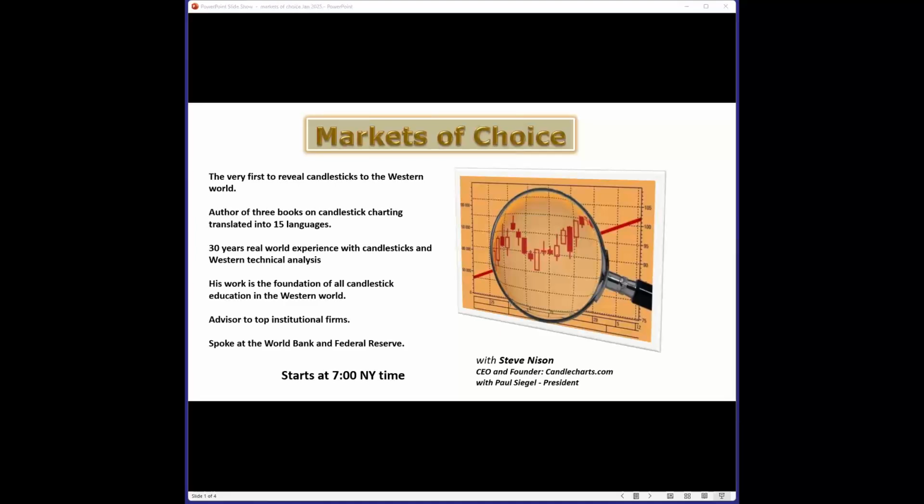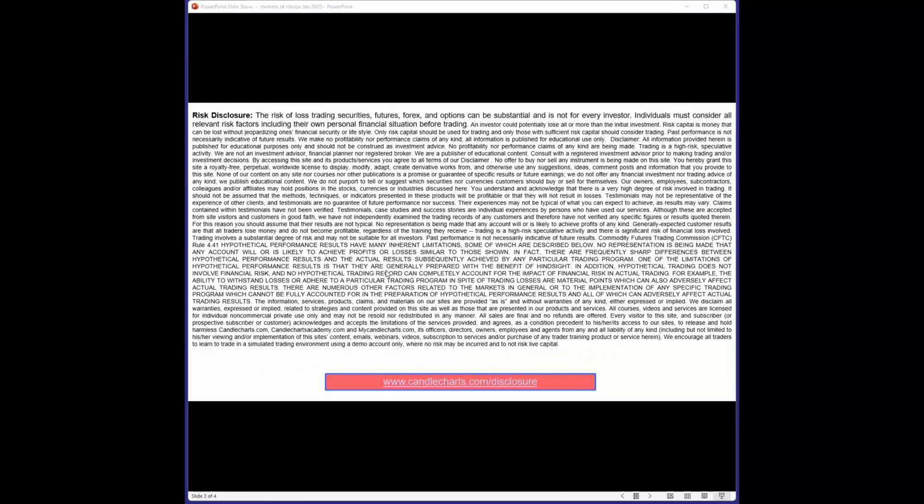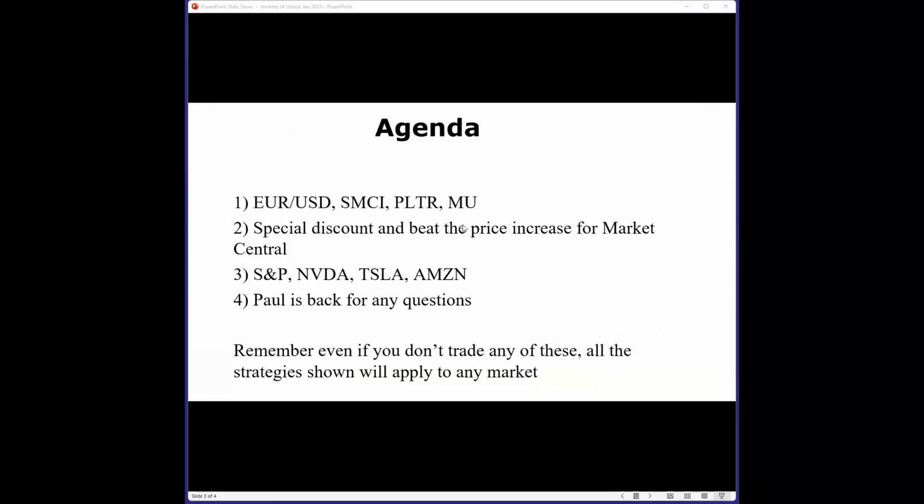And this just reflects the universality of candlesticks because they can be used in all markets and all time frames. We always start with the disclosure, just reminding you that there's a loss of trading in any market in any time frame. So just to give you an overview of what we'll be doing in this relatively short session,